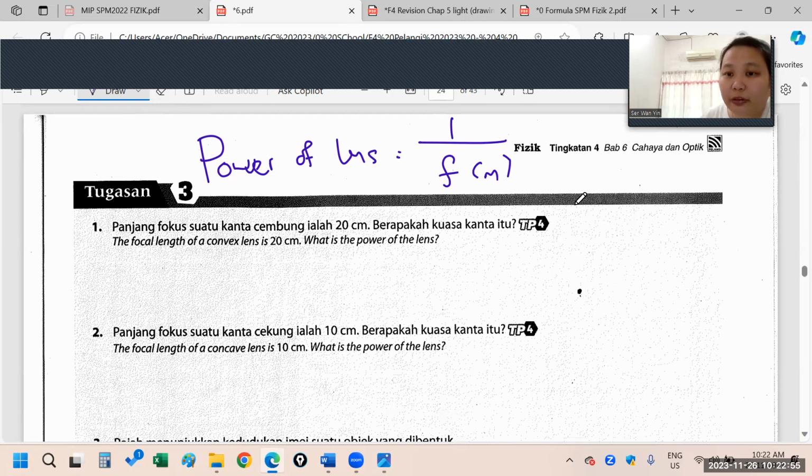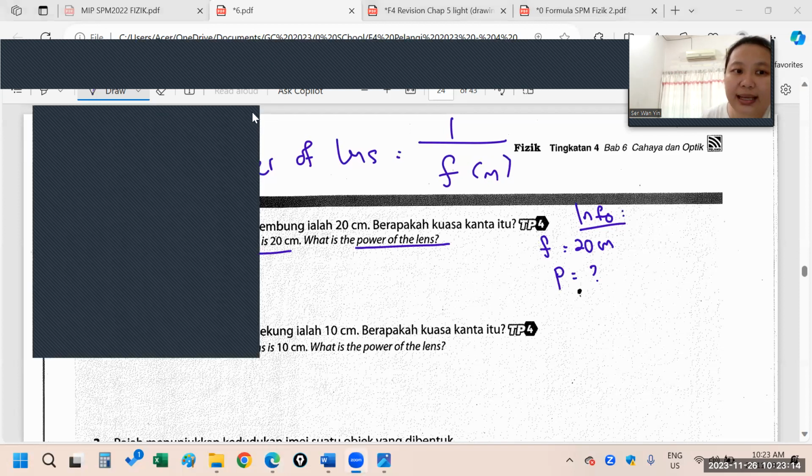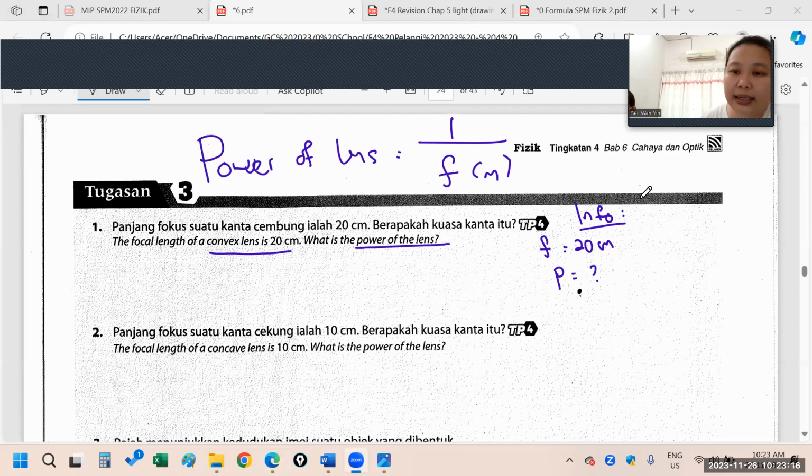Okay, now info is what? Info is focal length of convex lens 20 cm. So 20 cm. This is F. What is the power of the lens? Power of the lens is yeah, correct. So this is in meter. You need to change in meter. 0.2 meter. So formula